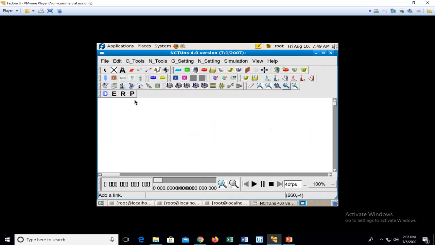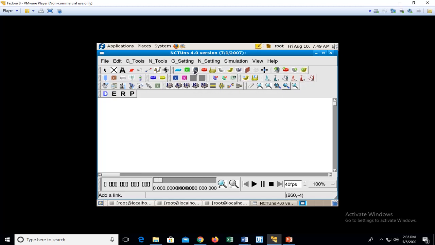Now I'll go to File, New. I have to create a new topology over here, which will consist of, sorry, 4 nodes. Again, as I mentioned, we can use the options available here, which are specified as buttons.